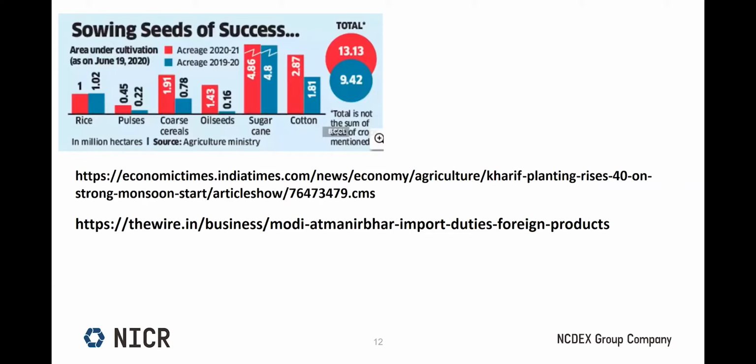The other news aspect, if you look at the second link, is import duties. So suddenly there is a plan of putting import duties on 300 foreign products. As we are talking about that, if there are import duties on some basic commodities or raw material or even the finished products, then how is it going to impact your domestic demand and supply, because there are certain aspects of the production system where you might be importing certain raw material to produce in the country, and so these dynamics keep on changing, so one needs to be aware of such dynamics, and these are the ones which impact